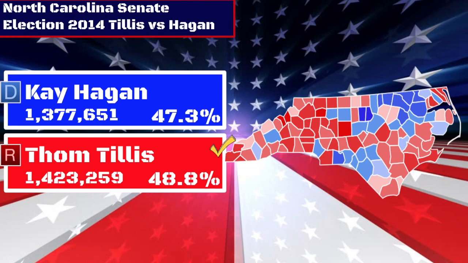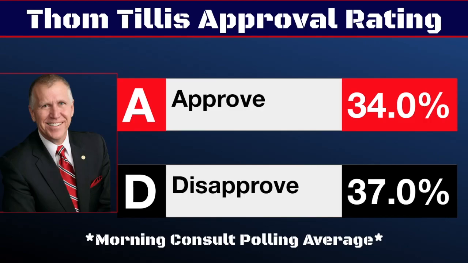seen as an underdog. And the reason that Thom Tillis ended up winning was there's a third-party libertarian candidate whose name was Sean Haw, I believe, and he ended up taking about 3% of the vote away. And the argument could be, well, where do those votes come from? Do they come from Thom Tillis? Do they come from Hagan? In real life, we're not really too sure, but from the polling data perspective, it came from Kay Hagan's margin and ended up aiding Thom Tillis. So Thom Tillis narrowly won with a plurality of the vote, 48.8 to 47.3 back in 2014.